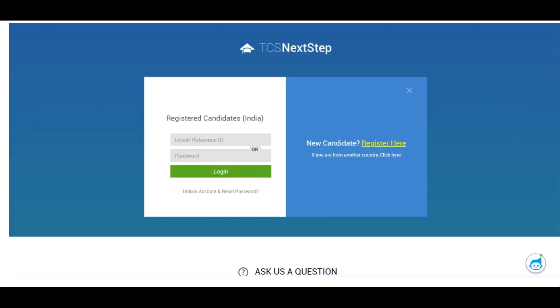In today's video, we'll talk about the complete background check process of Tata Consultancy Services. Once you are finally selected for the position and they are done with all the process like sending the offer letters, once you get your offer letter, they'll start with the further process of background check. In this video we'll discuss how one can fill all the background check related forms and what documents you have to upload on their portal.